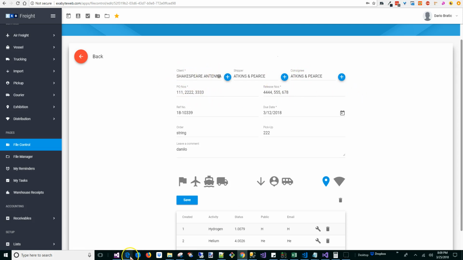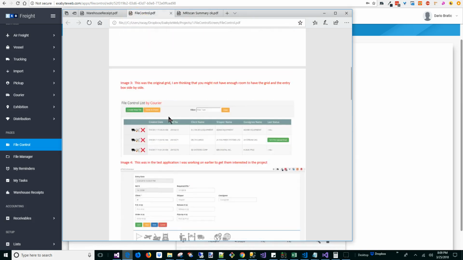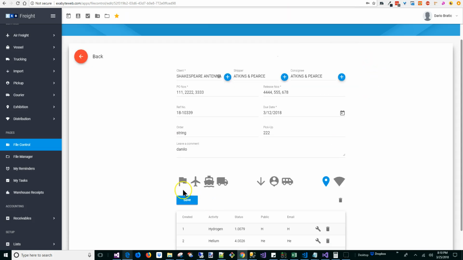So I'm going to flip over to see the file control that we originally came up with, right? Other than this icon, whatever you see here that I'm pointing to right now is not important anymore, because what we talked about was when you click on this icon here and it is saved, it'll go to that module. So when we do have the shipping, which is supposed to come,